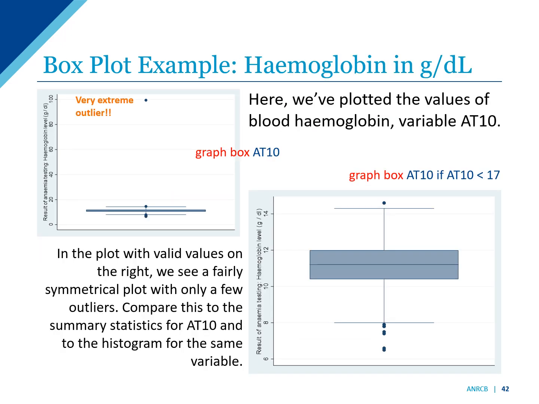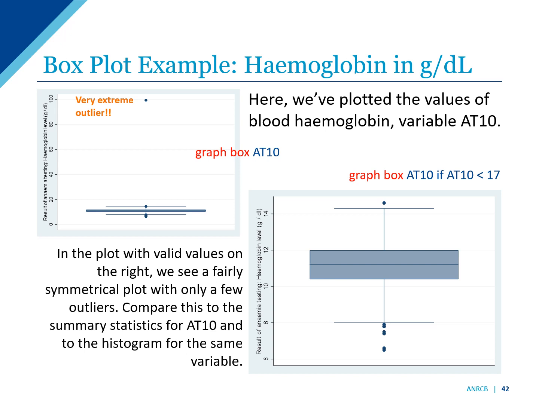Here we've plotted the values of blood hemoglobin, variable AT10. On the left plot, we have graph box AT10. On the bottom right plot, we've used graph box AT10 if that hemoglobin is less than 17. Again, we can see there are extreme values of 100 that don't make sense for the measurement in our plot